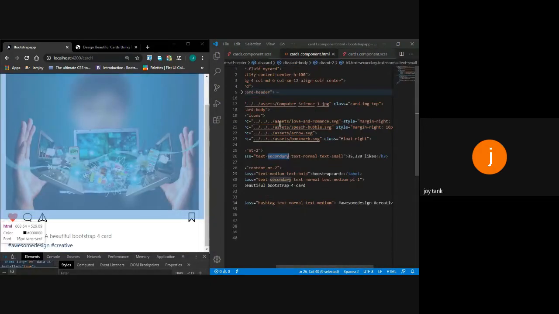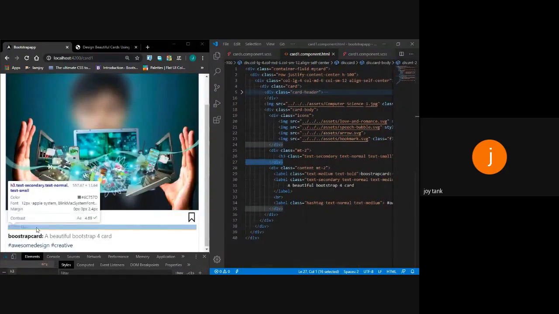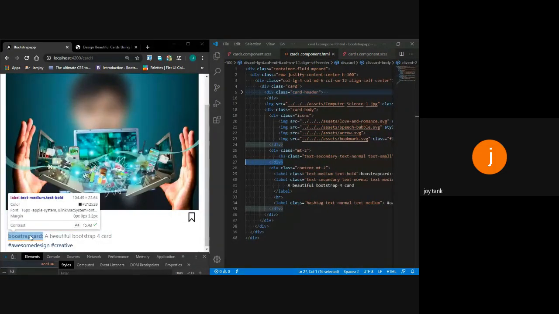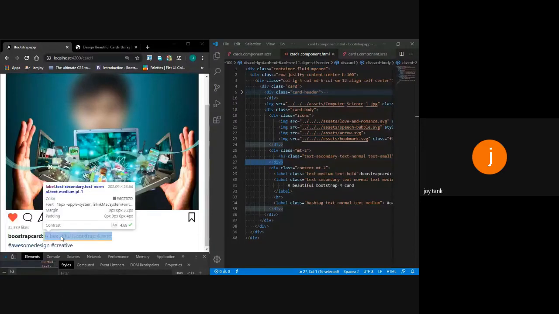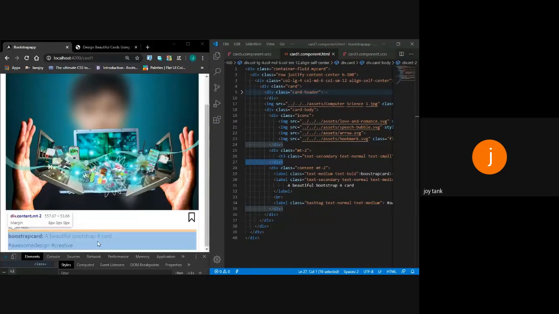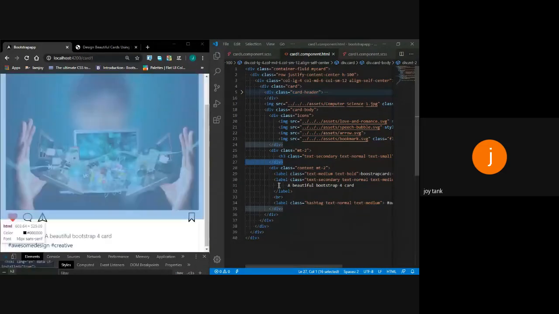Now below these likes, I want my Insta name to appear along with the content I want to post, and below that content I want sub-content like hashtags. So I've created another div tag below the likes div and said that I want to use the predefined class content with a margin-top of 2. This indicates that you are giving a margin on top of 2, which is a certain pixel value.